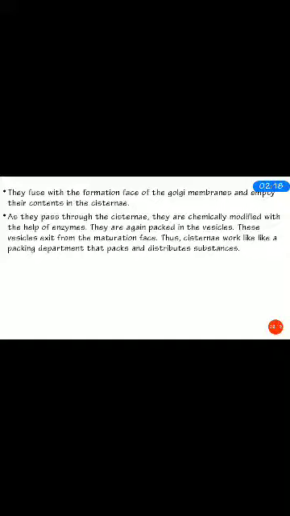In the Golgi complex. So they are again packed in the vesicle, because if you cook food,